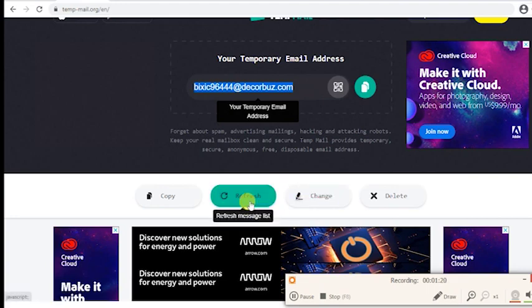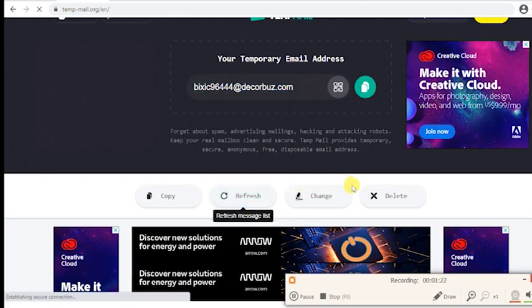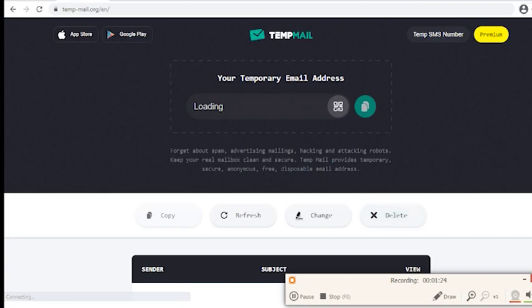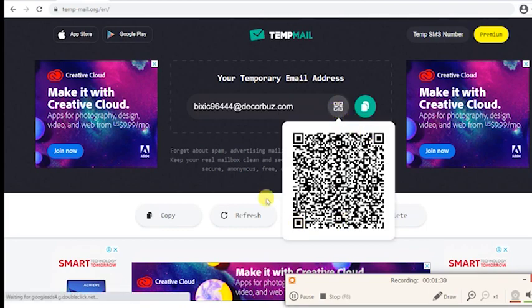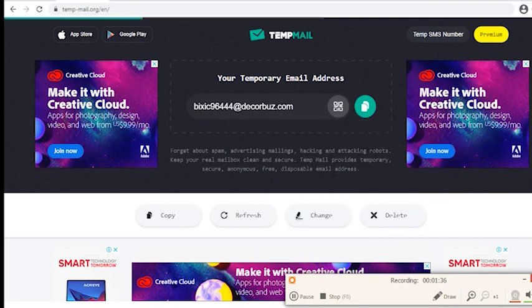This is a very simple solution, and from here you can have a barcode for your email, so you can get the specific email account back, because these are temporary email accounts. When you close the browser, this will go, and you can recover it.